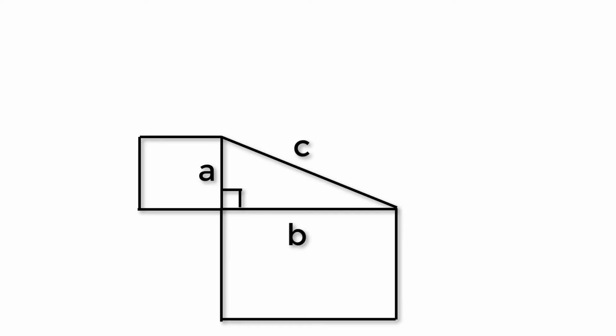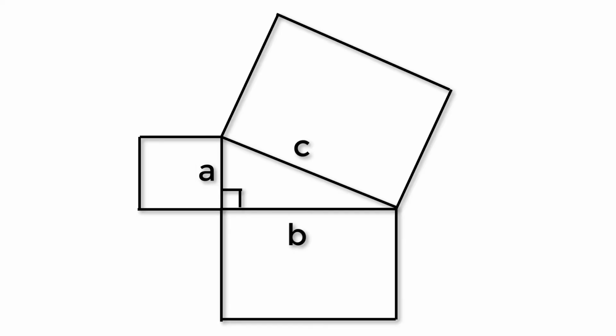And you can think of the triangle as really not being there at all. Instead, we have a box, another box, and a third box whose area is equal to the area of the first two combined. Like Neo says in The Matrix, there is no spoon. Here, there is no triangle.